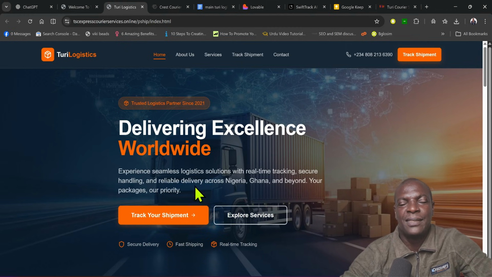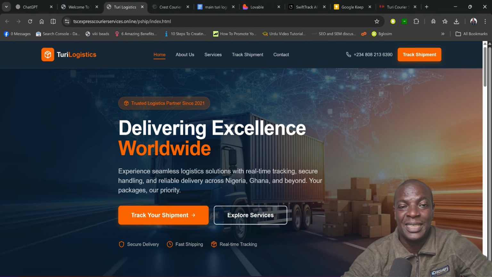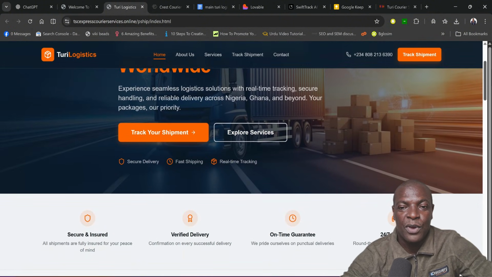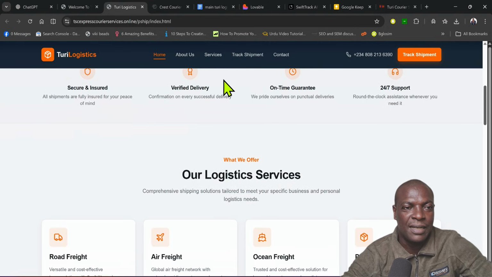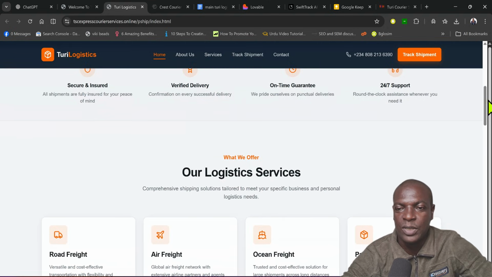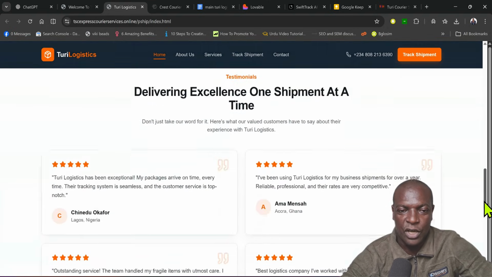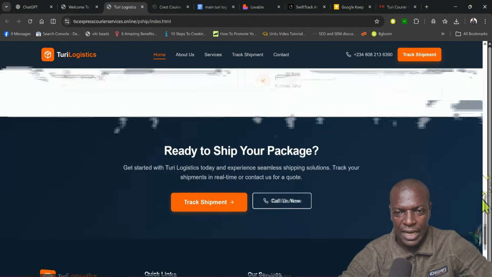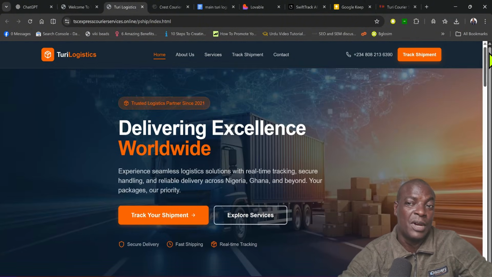Learn how to create a courier tracking website. Learn how to create a shipment tracking website using AI. Now, this is the kind of tracking site we can create with AI. You can see how clean and neat it is, with the images, the logos and everything, with the features and all that. So you can use AI to create a beautiful website like this in 5 to 10 minutes